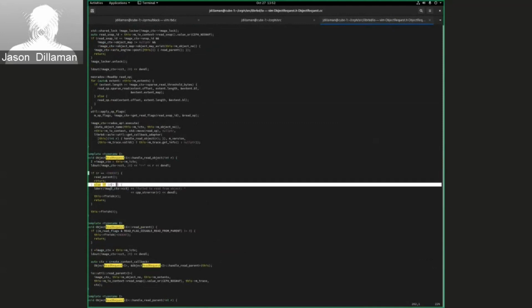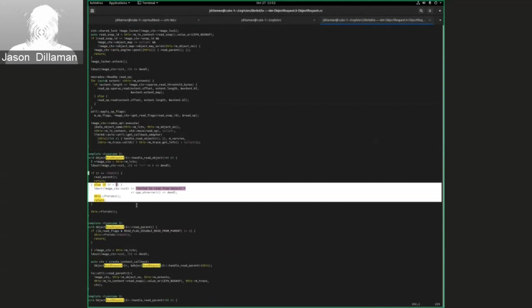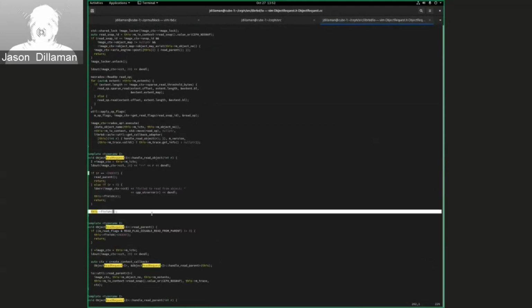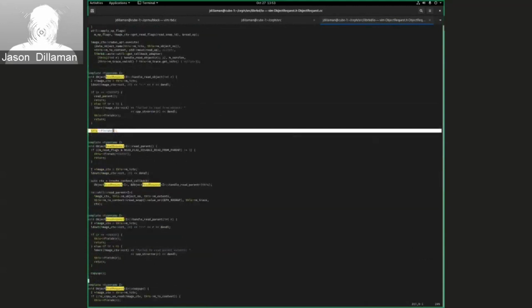Otherwise, if it truly is an error, we'll bubble that error up to the user. Otherwise, no errors, good to go. Then this request is done, and what this finish thing does is it goes and tells the original AIO completion that this particular request is complete, and the AIO completion that's tracking all in-flight requests, once it gets down to 0 in-flight requests, will finish itself off. But if we need to read from the parent,